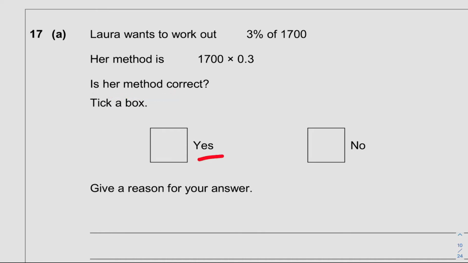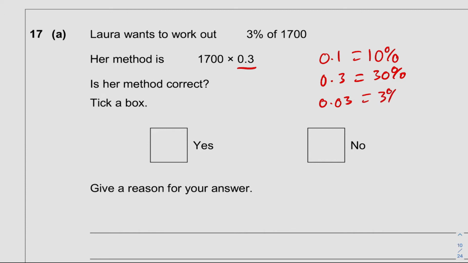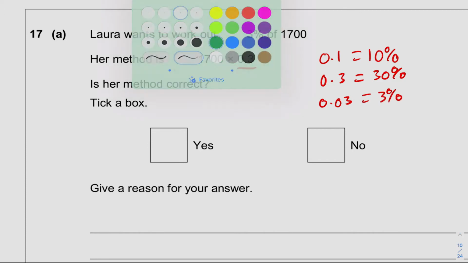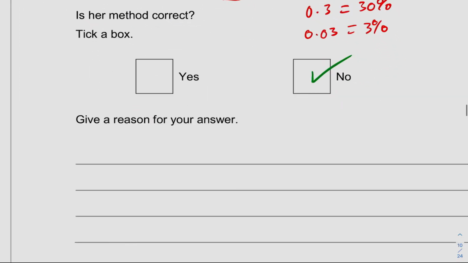And we've got to say yes or no and then give a reason. So if we consider the number she's multiplied by, which is 0.3, this is not correct, because if we were to multiply by 0.1, this is equal to finding 10%. So 0.3 is equal to finding 30%. So she'd have to multiply by 0.03 to find 3%. So the answer is no, and a reason, I'd say something like